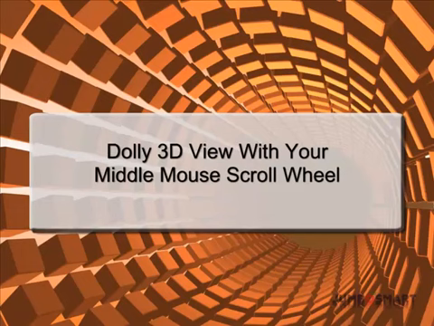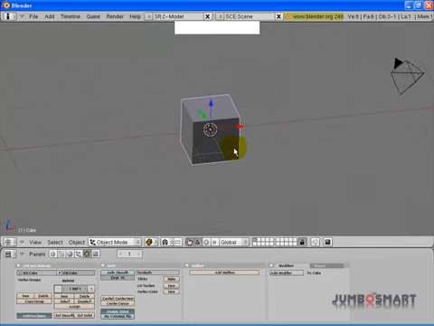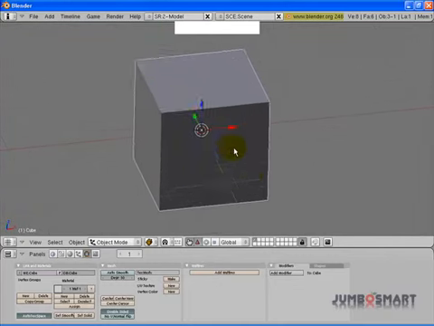You can also dolly the 3D view with your middle mouse scroll wheel. If you have a scroll wheel on your middle mouse, you can roll the scroll wheel back and forth to dolly in and out,